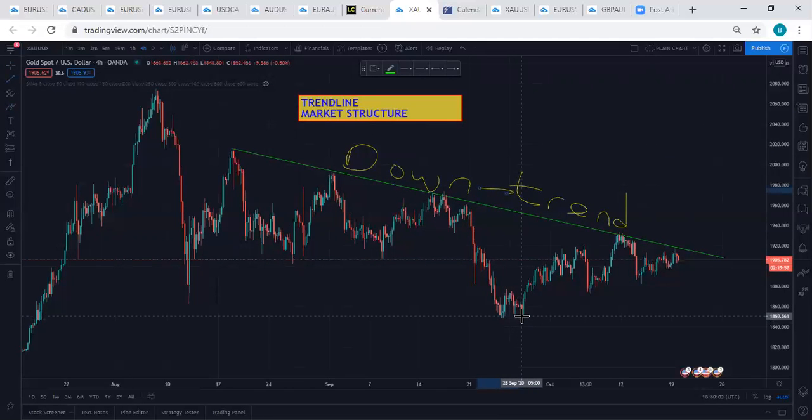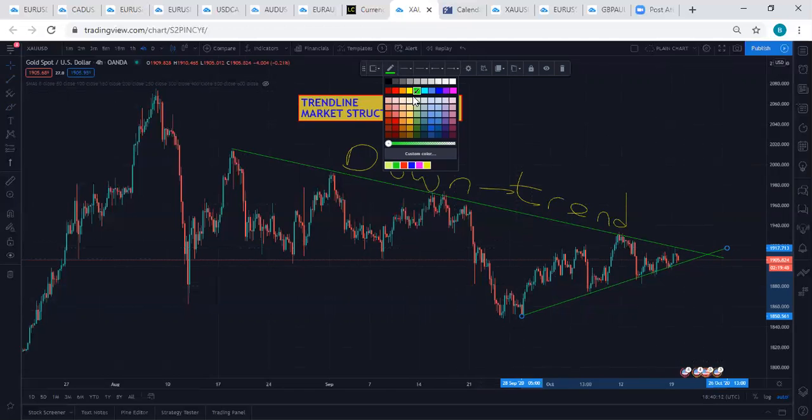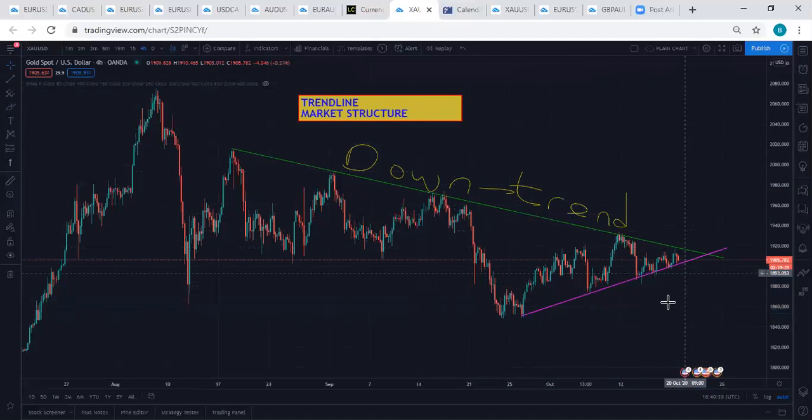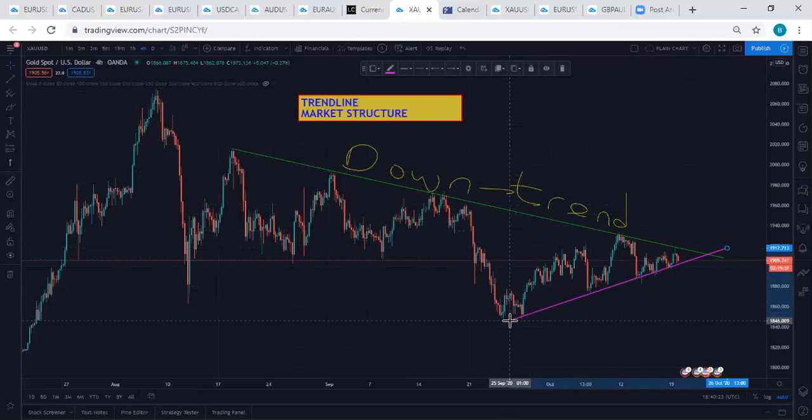Now let's look at this. Look at this, guys. Do you see this? Let me change the color. Let me change it to red. Or let me change it to purple. And let me make it a bit thicker. All right, beautiful. Do you see this, guys? What do you notice? Every time the market hits it, at this point, the market hit it, went up, came, hit it.